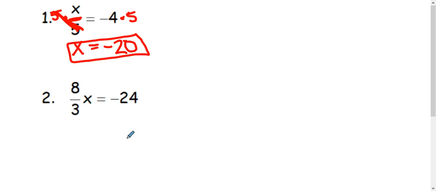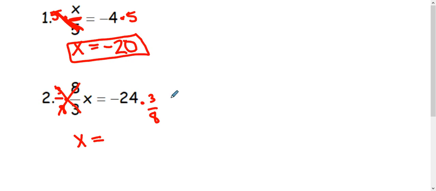In example 2, we have a fraction. So when you are inversing a fraction, you can use a reciprocal, which means we flip the fraction. So instead of 8 over 3, I'm going to multiply by 3 over 8 on both sides. This makes the 3's cancel and the 8's cancel, and so I get x equals, looking over here, we get